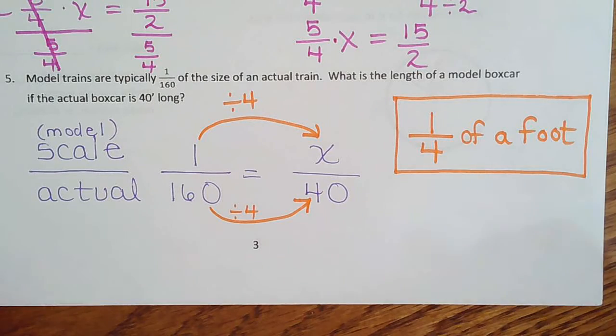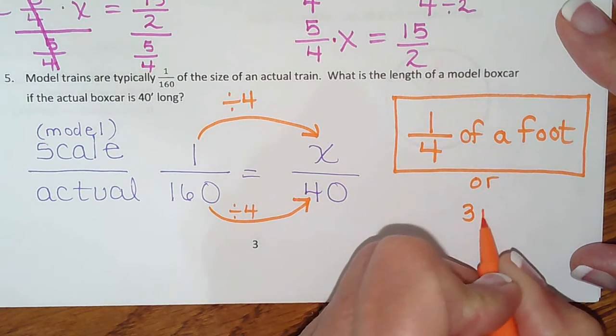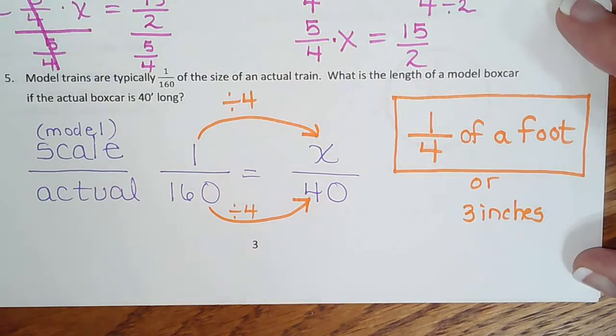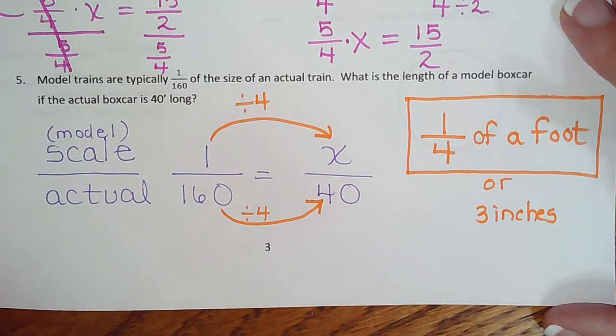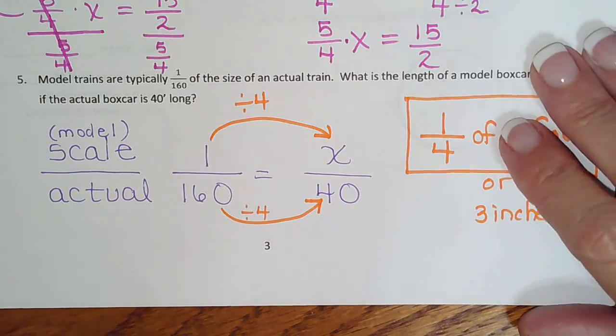Yep. They didn't ask us for inches, but still, that's good to know. They gave it all in feet. So that's kind of a tricky little one. That's not usually how you see them written, but